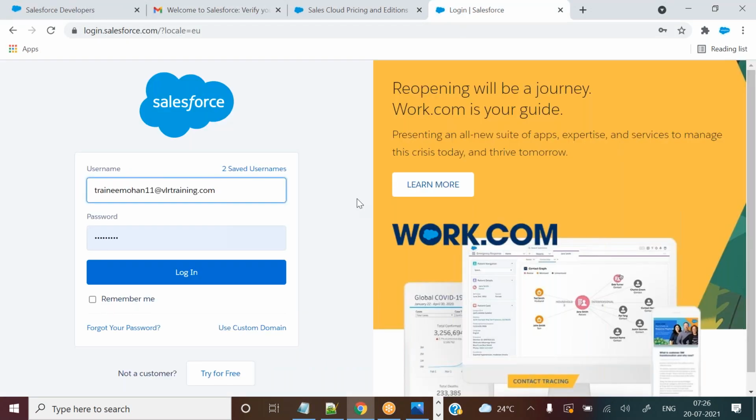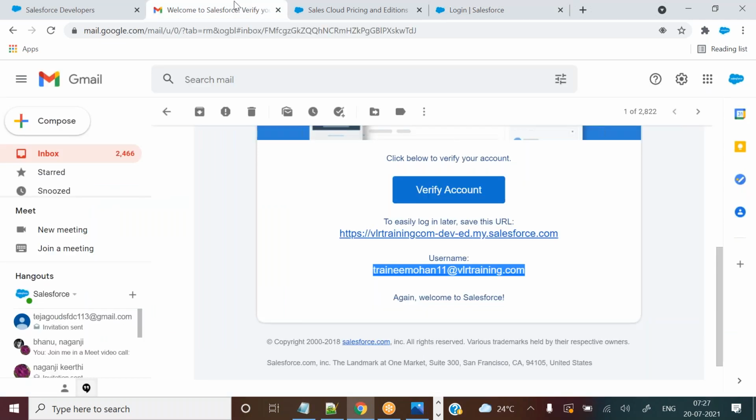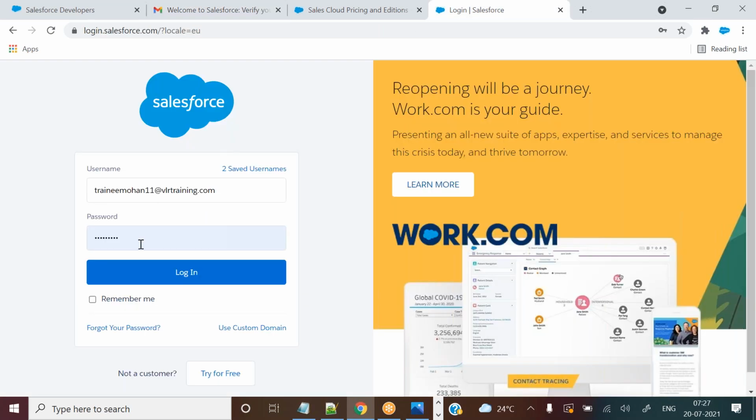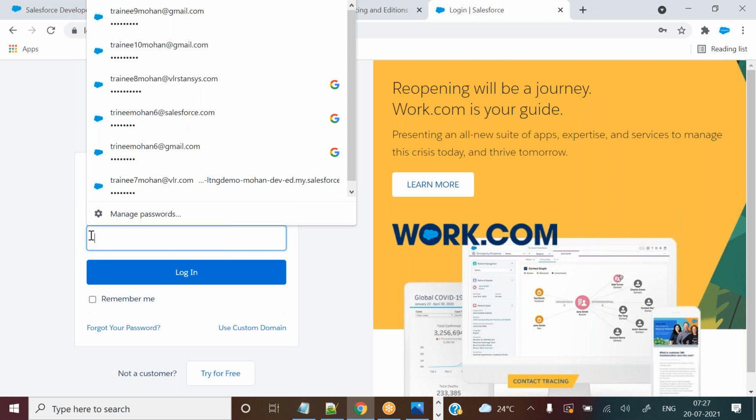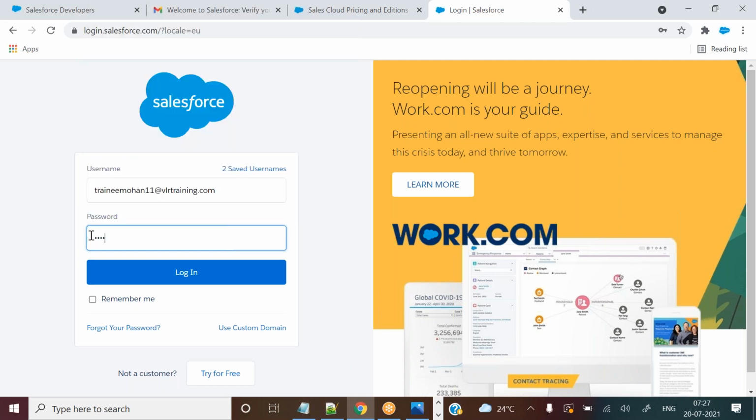Copy it. I should not give my email address. Some people will give the email address as the username, and in that case it works because both are the same. Ultimately you should give the username instead of email, and the password which I set recently. You should remember that password.